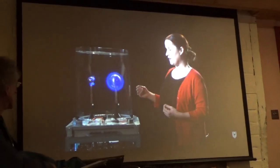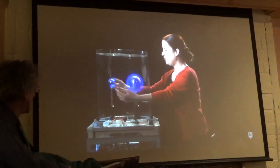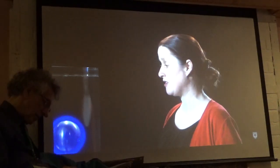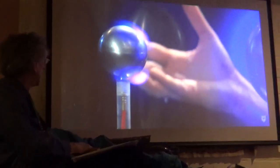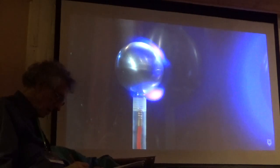Now inside this vacuum chamber you've got a big ball here that represents the sun, and a small ball over there that represents the Earth. And within this small ball we have a really strong magnet recreating the Earth's magnetic field. The next thing we do is put a voltage from the sun to the Earth, so we're drawing electrons from the sun towards the Earth. Now this recreates the solar wind of charged particles that is always flowing away from our sun and into interplanetary